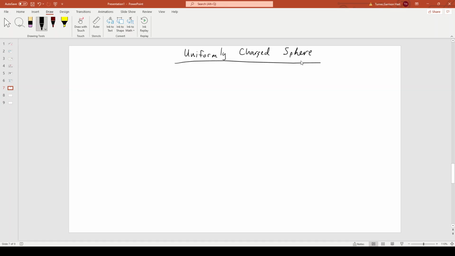And the uniformly charged sphere has to be an insulating sphere. It must be an insulating sphere. Okay? So you basically take insulating material, dump charge throughout, and try to make it as uniform as possible. And it must be insulating